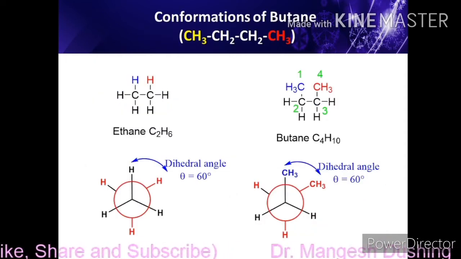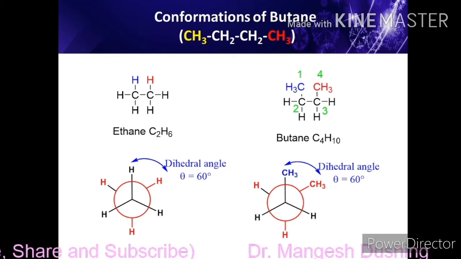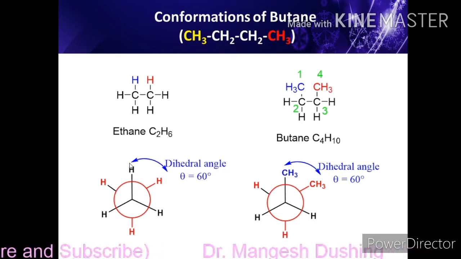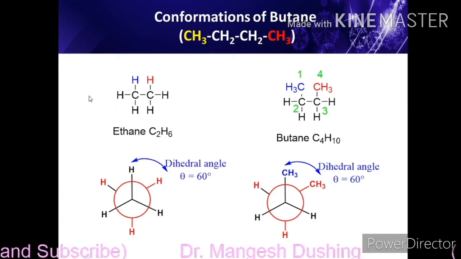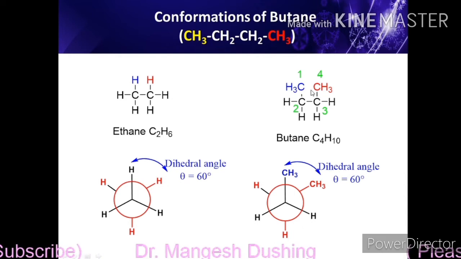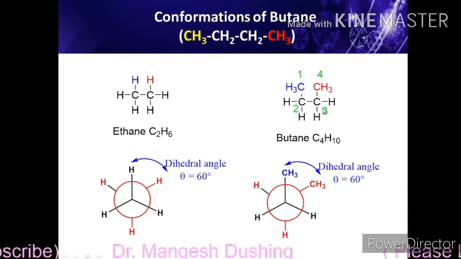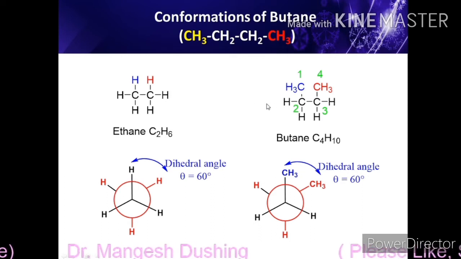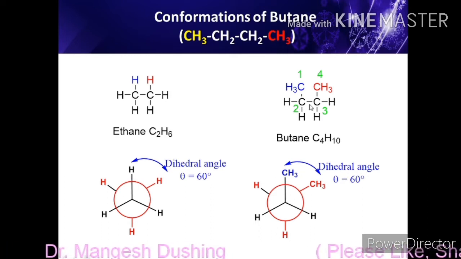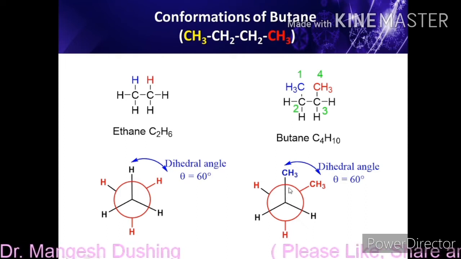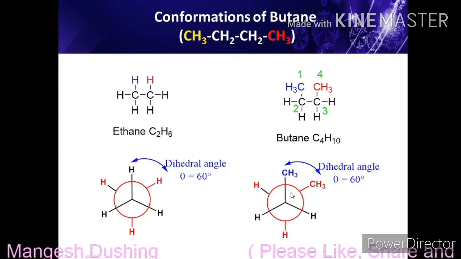So now we will see the conformations of butane. So this is the ethane molecule. As we know that for this Newman projection formula, we will see this molecule along this carbon-carbon bond. So butane is nothing but the dimethyl substituted ethane molecule. So we will see the molecule along this carbon number 2 and carbon number 3. So this is carbon number 2 and this rear carbon atom is carbon number 3.